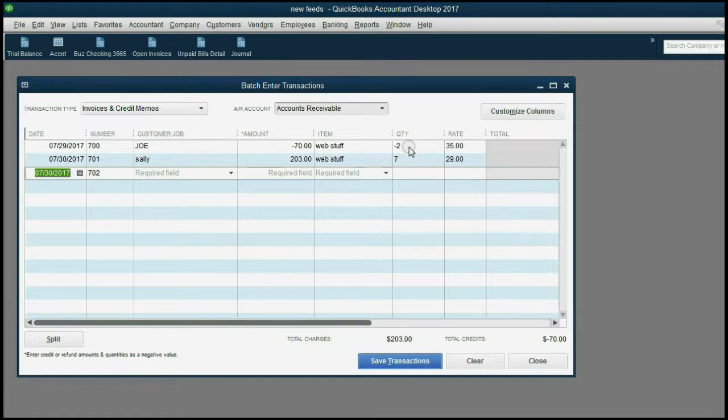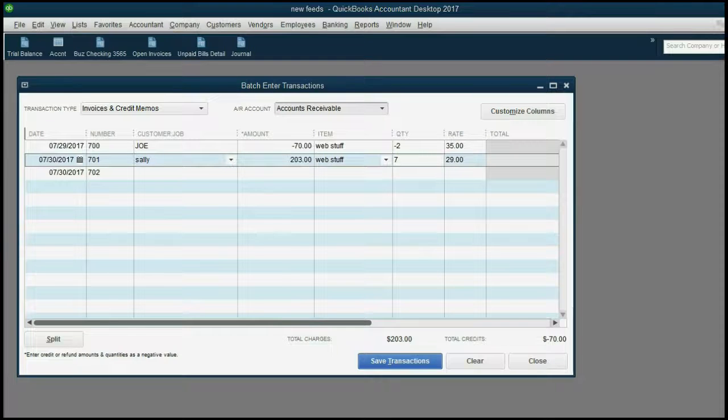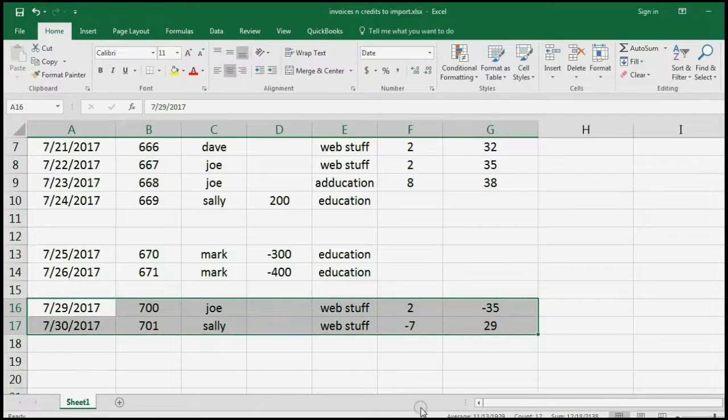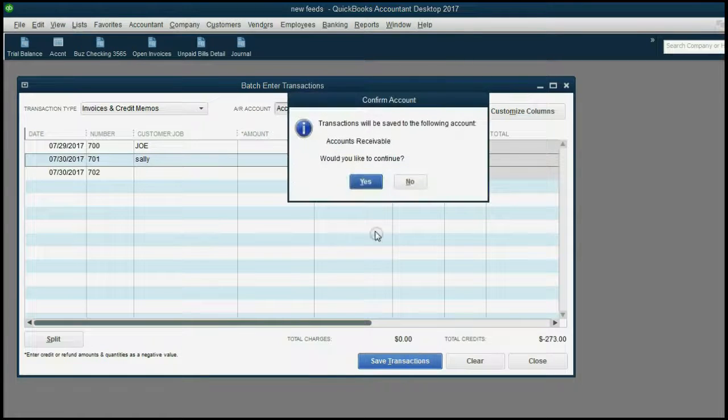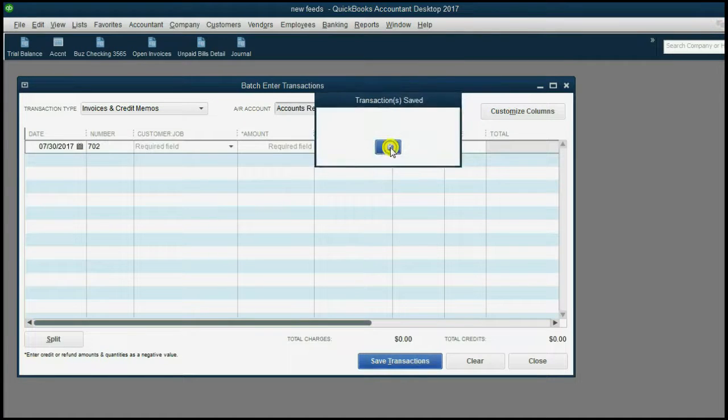Don't touch it. Let it do what it needs to do. But with this one, as you remember, the 7, the quantity was negative, and QuickBooks, the crazy thing, removed the negative and just kept it this way. So you have to type in the negative yourself, and then click Save Transaction, yes, and then they both went